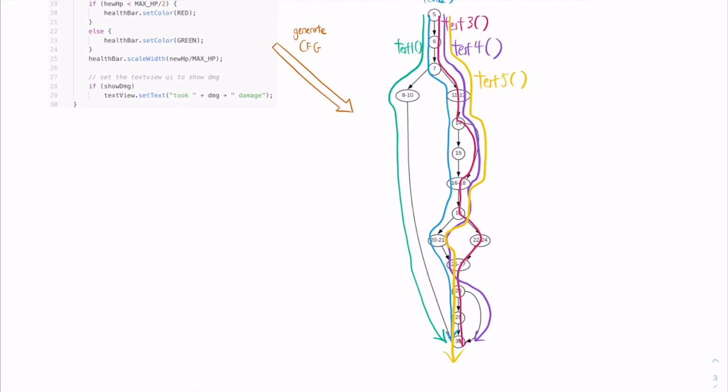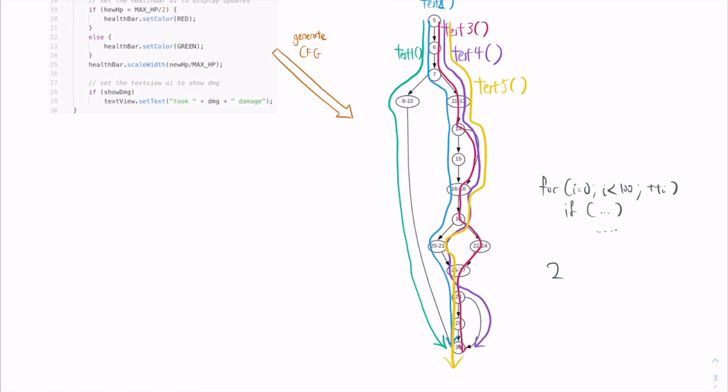But if we look at a more complex function that runs maybe 100 times, and inside the loop there is an if statement, whatever is in here, and then there's a set of statements here. So even this simple loop that is within the function would actually blow up the number of possibilities in the loop, right? This actually means that we would need to run like 2 to the power of 100 test cases, if we really wanted to cover every single possible